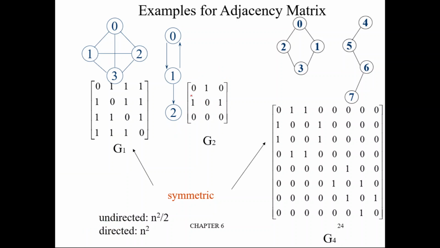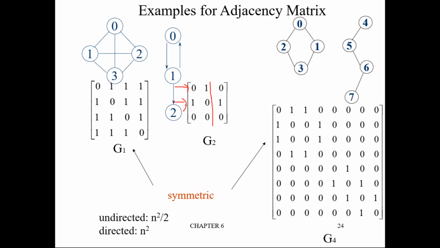You take the first row. First row is 0 1 0 and the column is also 0 1 0. This is symmetric. This is a coincidence. But you take the second row. Second row is what? 1 0 1. Take the second column. It is 1 0 0. Okay, or you can call this as first row.